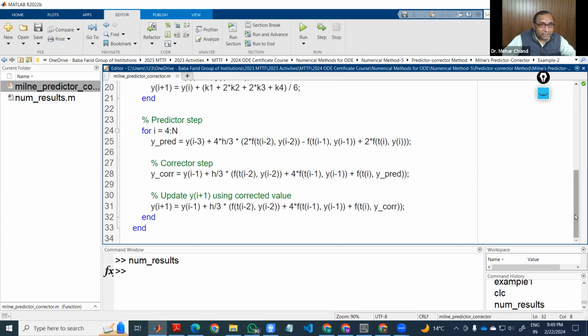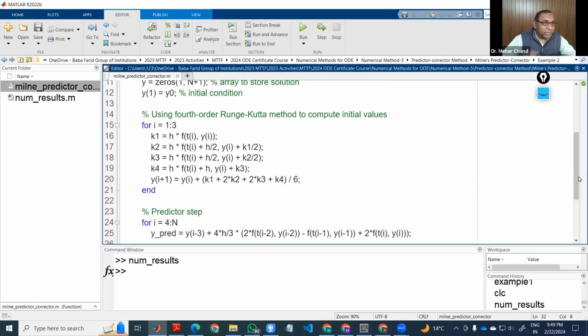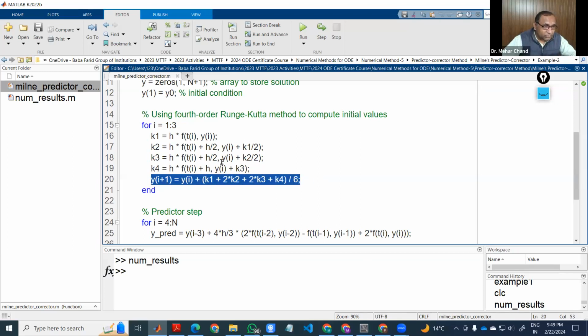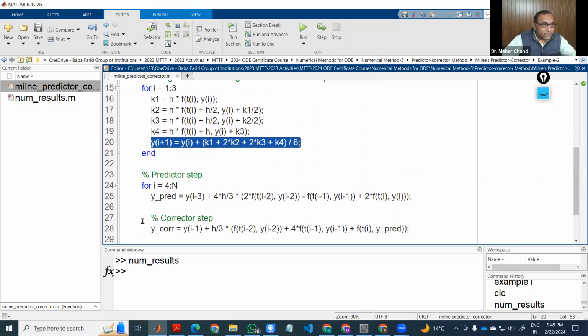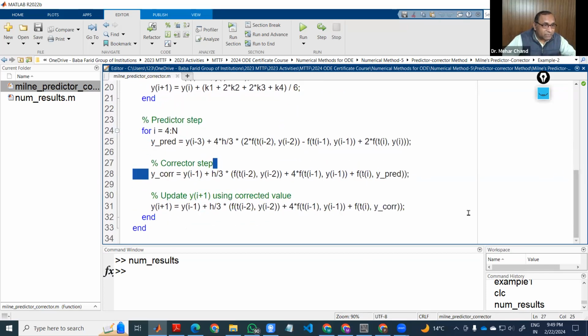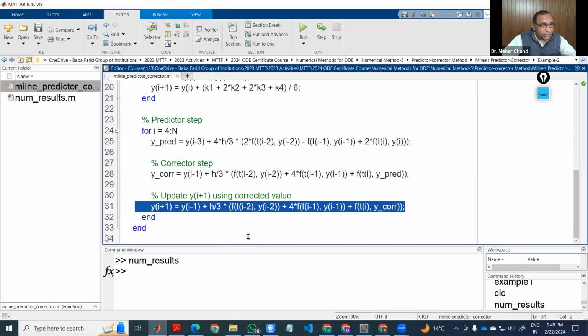Okay, and to get the initial values for this formula, we are computing k1, k2, k3, and y i plus 1. So first these values will be computed. These will be used for the predictor, and the values computed in the predictor will again be used at this place, and all these values after computing will pass through this equation. Okay,